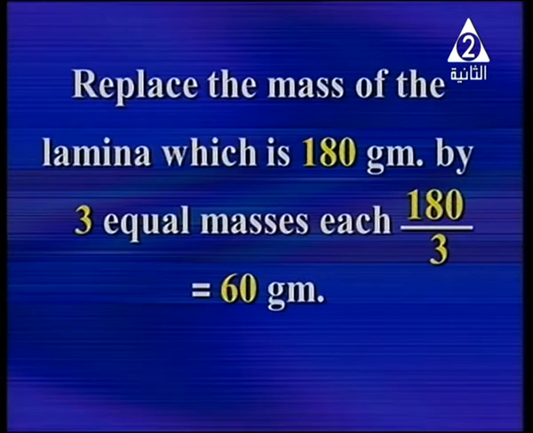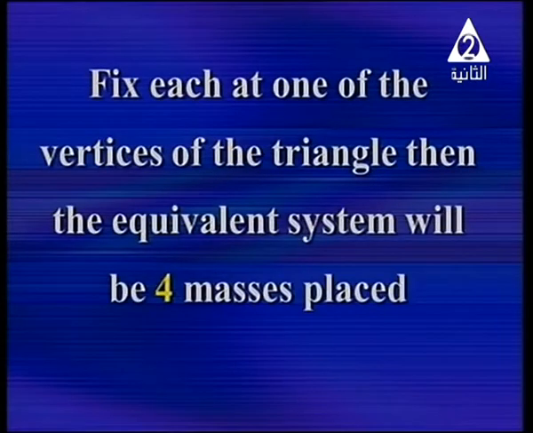Let AX and AY be two axes, and replace the mass of the lamina, which is 180 gram, by 3 equal masses. Each one is 60 gram, by using 180 divided by 3 equals 60 gram. Fix each one at one of the vertices of the triangle, then the equivalent system will be 4 masses placed